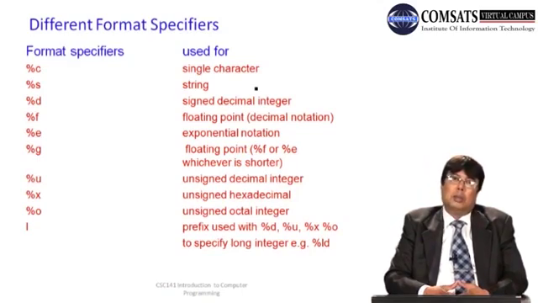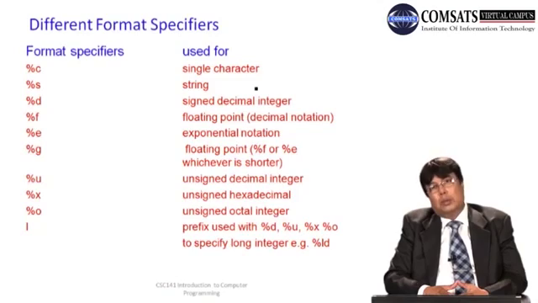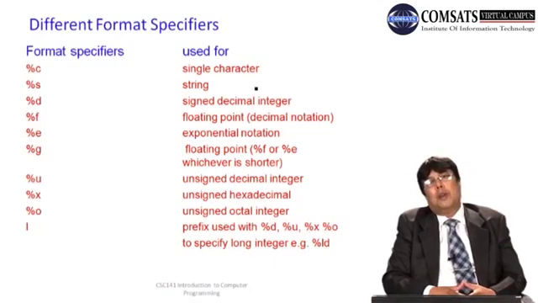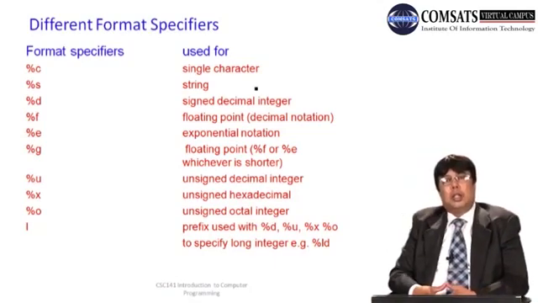For example, 12e12, 12 into 10 raised to the power 12. This is called e notation. %g is an intelligent format specifier that takes the decision, the shorter form of %f and %e, whichever is